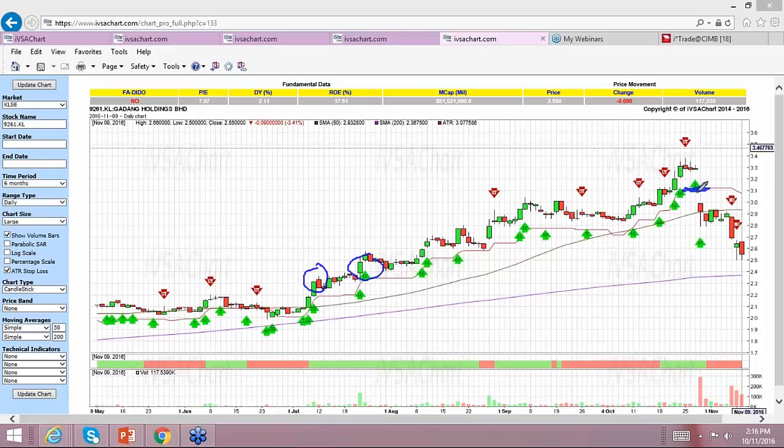Can you imagine if there is already a warning? They can either exit partially here, or exit totally here because it breaks down from the line change and 18LC, assuming that they have entered around 250.